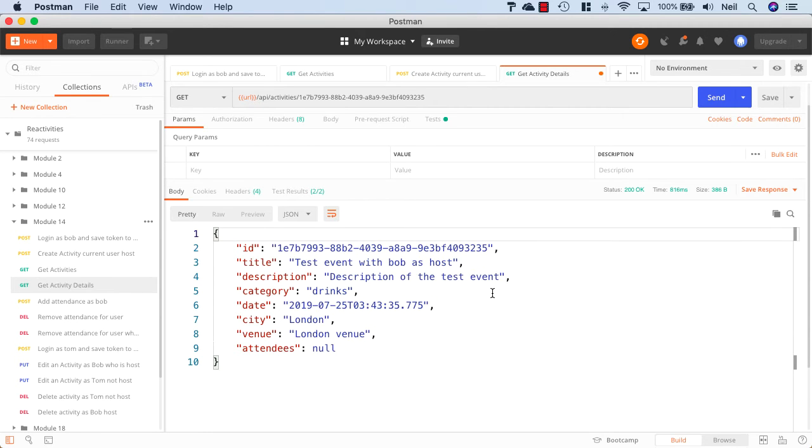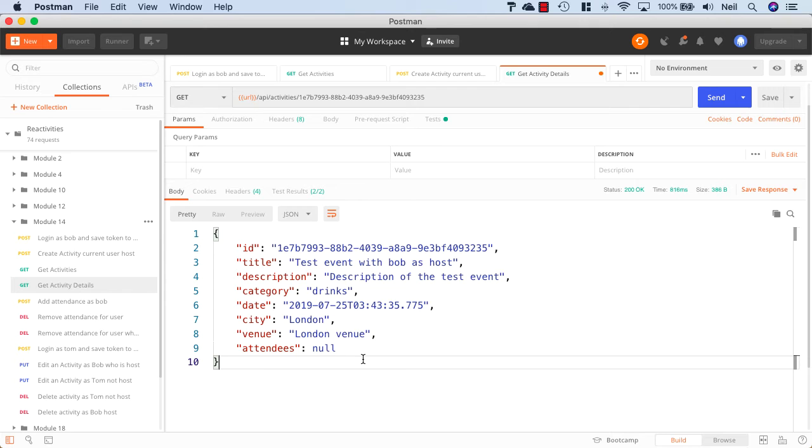And what we get is our activities still coming back, and it doesn't really look like anything's changed. And we've got our attendees in here, which is set to null. And because nothing's changed, it's kind of difficult to explain the benefits of this. But this attendees one is interesting because now this is the event that has an attendee, but it's set to null, we're not seeing anything in here, and what we should be seeing is our attendee, but